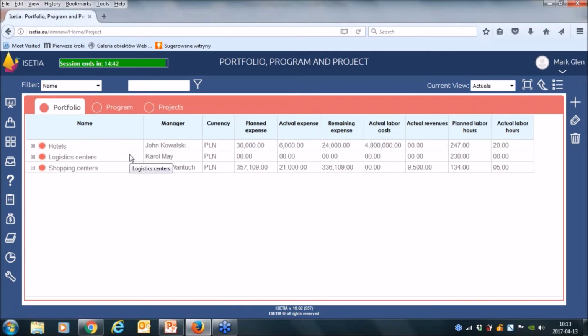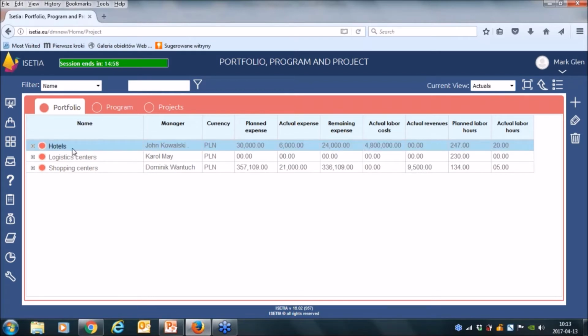What is also important now is that you can link your portfolio with other very important information. I mean documents, risks, issues, lessons learned. I will mention and show this functionality later on, but it is just to give you the big picture that these project management domains are also accessible from the portfolio and program.